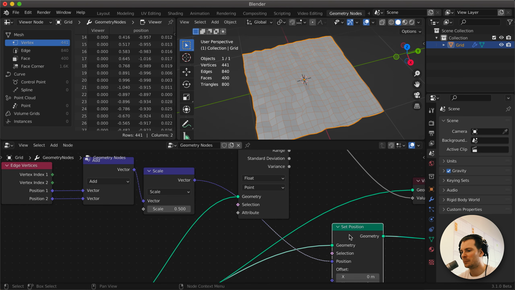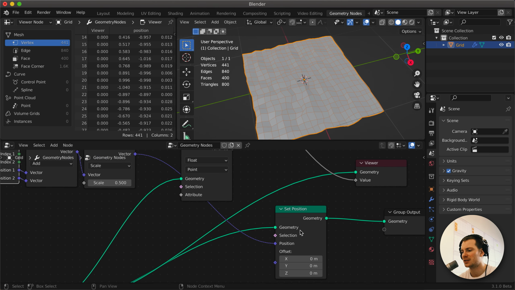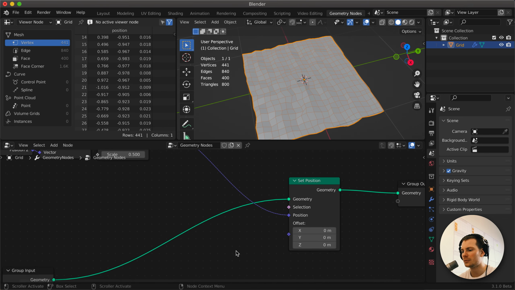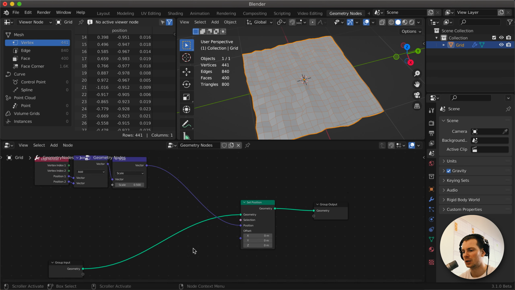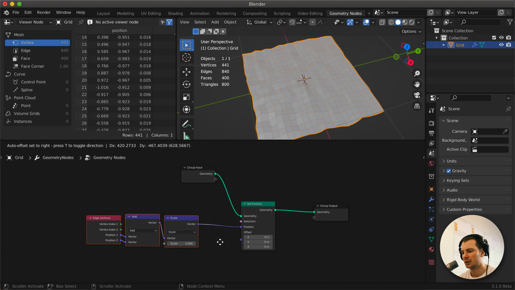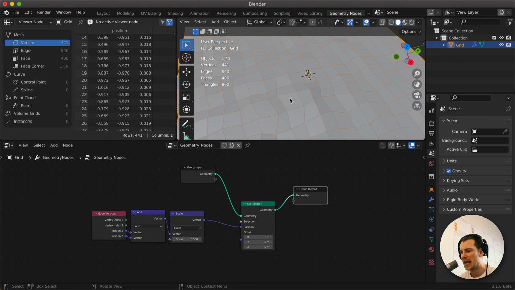Simply by calculating the edge position by taking the average of the two vertices that make it up and setting the position to that. That's all it is. So we don't need this, we don't need this. This is all we do. We take our geometry and we set the position of every vertex to the position of every edge, which